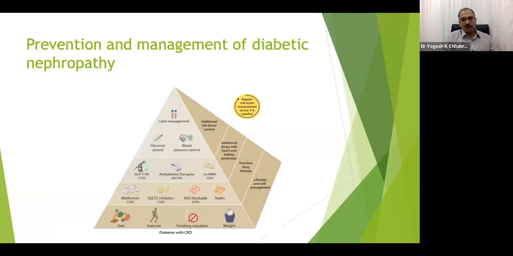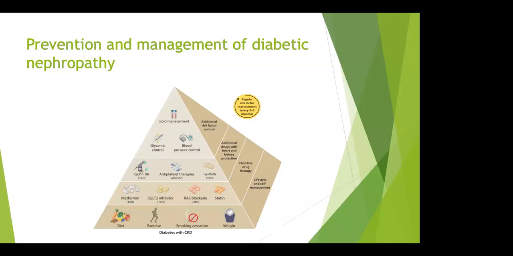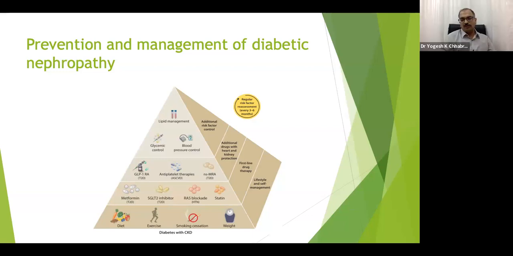The most important, as we all know, is that diabetes remains the most important cause of chronic kidney disease. We'll be focusing on our prevention part, mainly on the diabetic patients. First of all, the patient should be well educated. They should be aware of their diet and exercise protocols. Smoking should be stopped, and the weight should be under control. These lifestyle modifications are of utmost importance, and they should not be compromised over the time period.